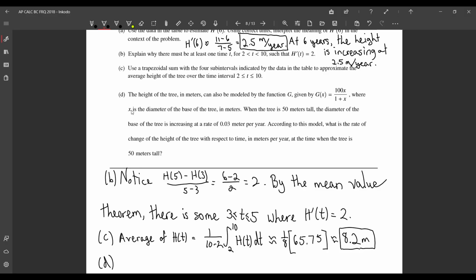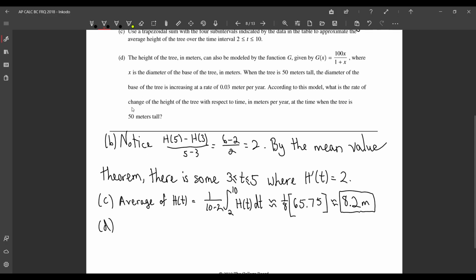So this is height, so when height is 50, diameter is increasing at... Okay, so what we have to do is take d/dt of g of x, which is going to be g prime of x dx/dt,